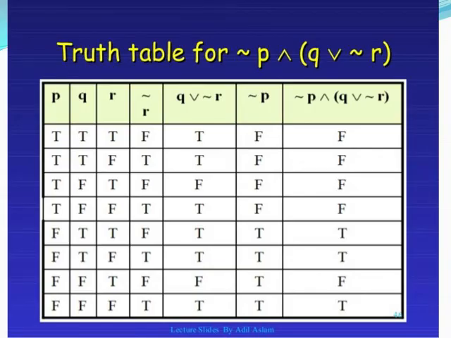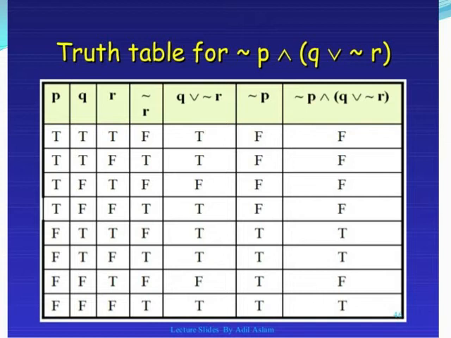Okay. Next we move on to an exam oriented question. Write the truth table for negation P, conjunction Q, disjunction, negation R. In this type of question, you have to write the truth table. Here we can see three propositions: P, Q and R. So first you have to make columns for P, Q and R.